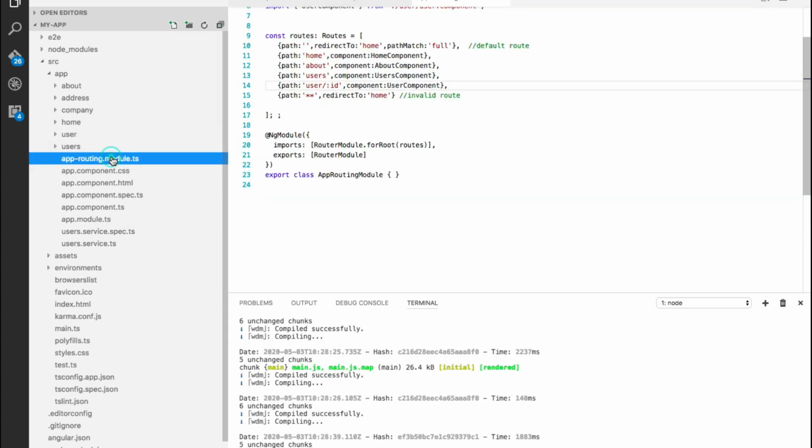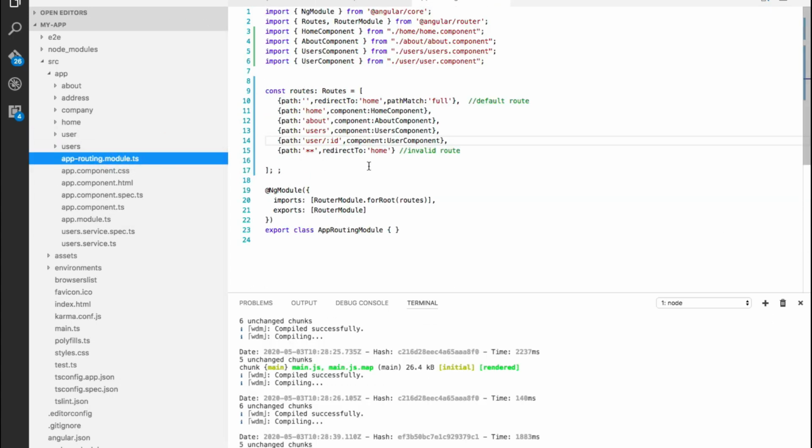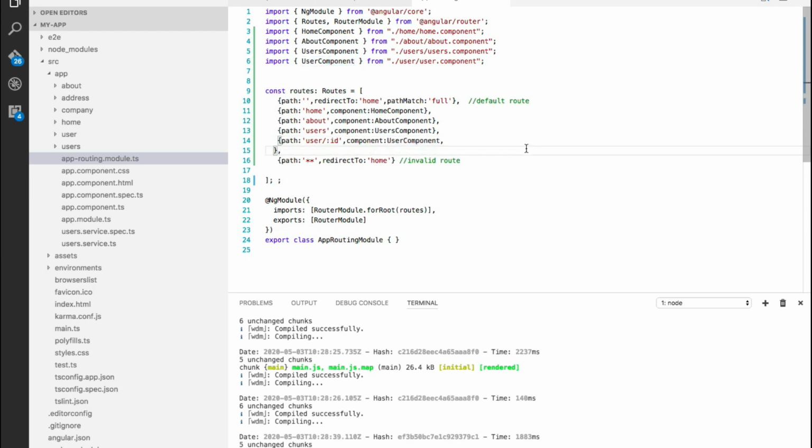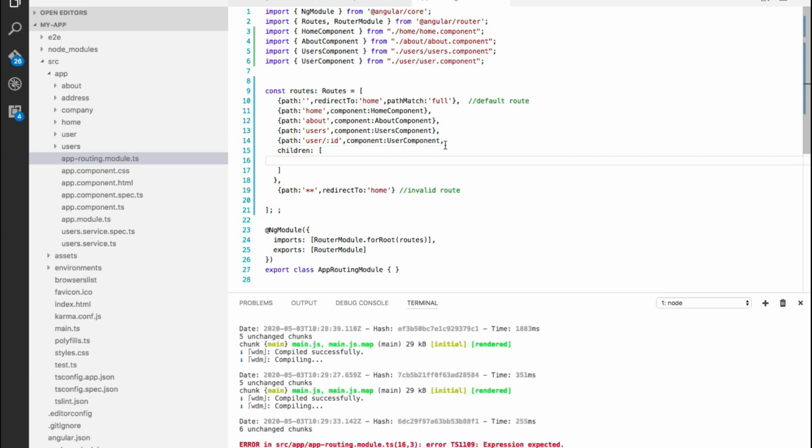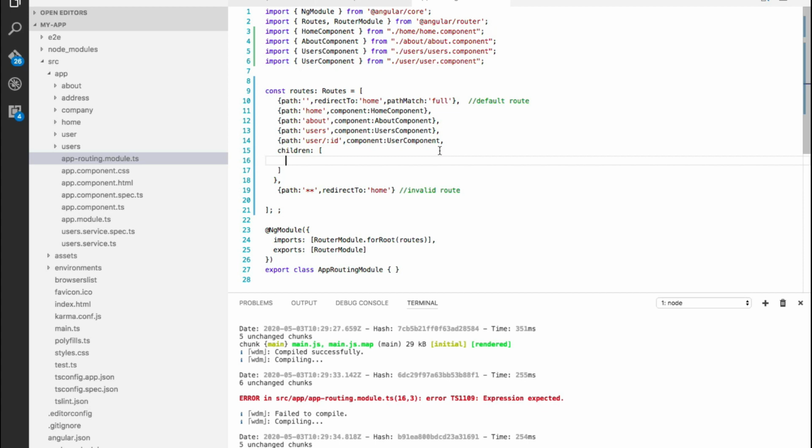So open your routing file. So here we can see we have all the routes which we have created, but for now we want to create 2 child routes, company and address, in the user component. So this user route will further have 2 child routes. If we want to implement child routing, what we have to do is add one more property in the parent route with the name of children, and this children will take an array as an input, and here we can pass all the child routes which we want to pass to the user component.